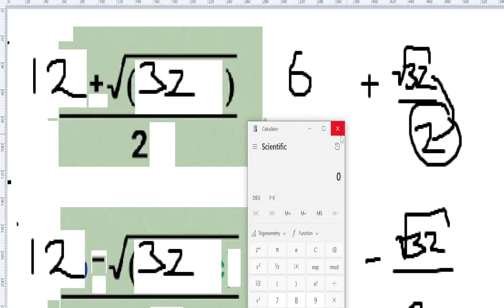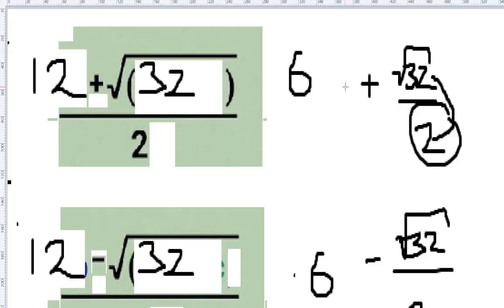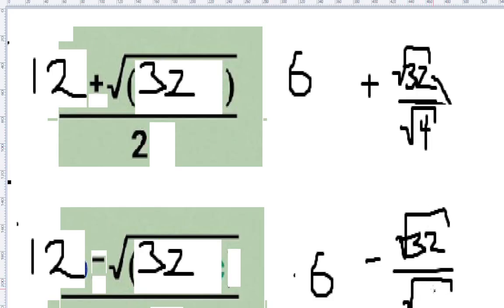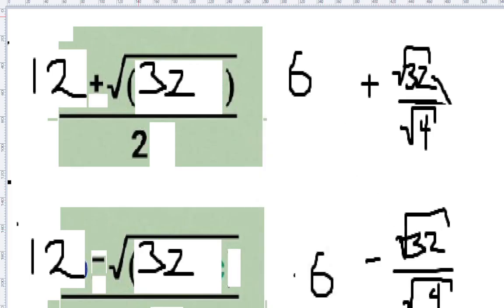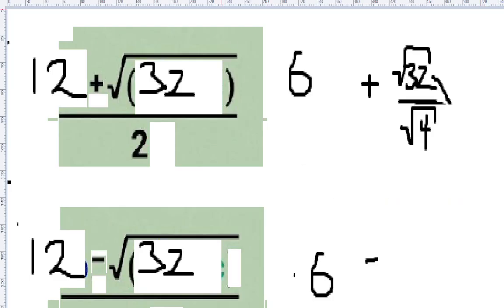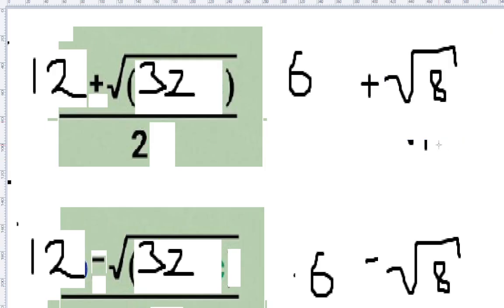But 2 has a variation. 2 is the same as square root of 4. Square root of 4, just changing fraction by multiplying by 1. Square root of 4 is the same as 2. And that means 32, now that they're both in square root function, can be divided by 4. And I get 8. It's quite clear that this is the simplest form possible and will yield me the same answer that I had